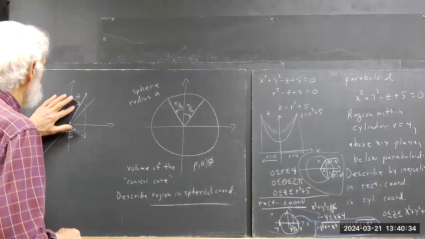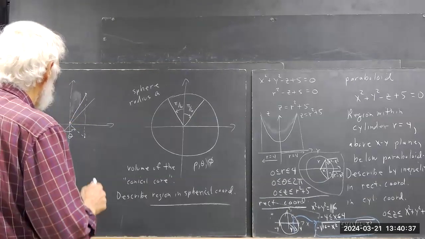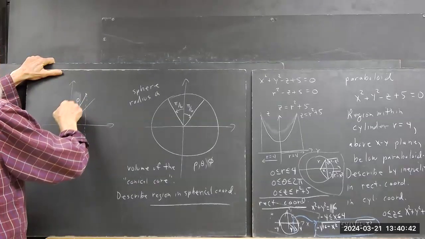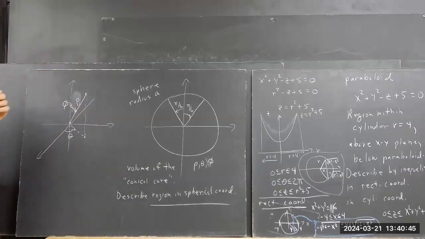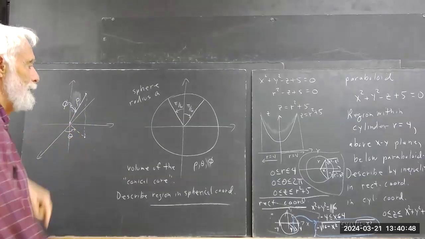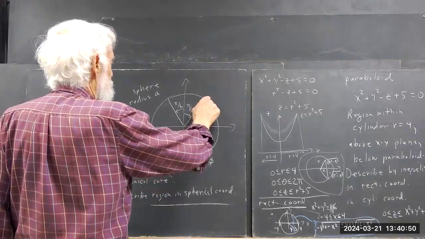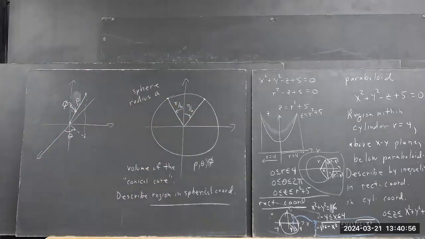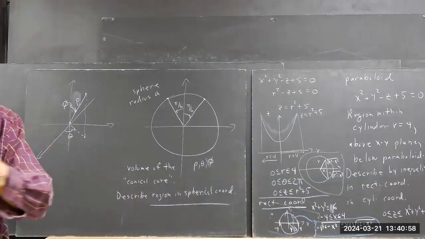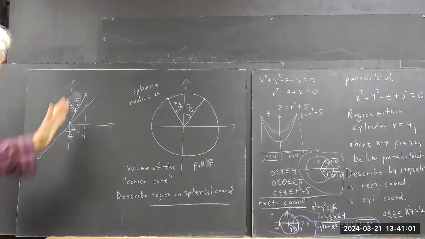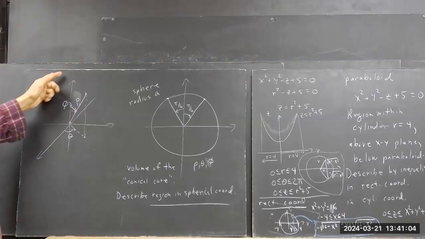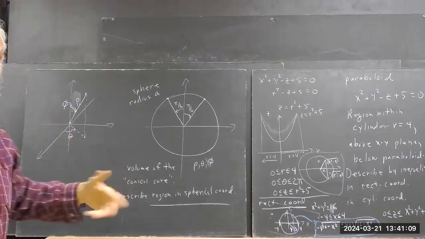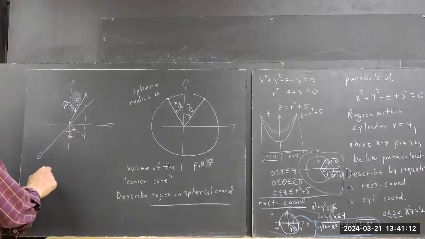And I labeled that very clearly. This will be your rho. This angle is phi. Now, if I draw a segment from here to here, or from here to here, phi is pi over 6 either way. You don't have negative values of phi. Phi is just the angle with up here. You can go all the way down to an angle of pi, but phi goes from 0 to pi for the entire sphere. And the entire sphere